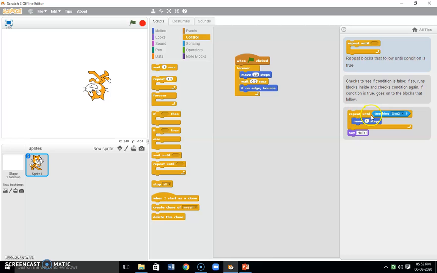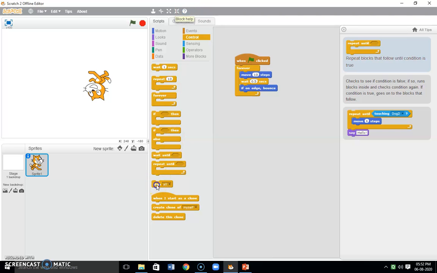So here, repeat until touching dog 2 and move 1 step, then say hello. Here we have changed the condition so that it will repeat until touching dog 2. In the earlier block we used wait until, and here we used repeat until. So it will do the same thing, but a little bit of difference will be there.